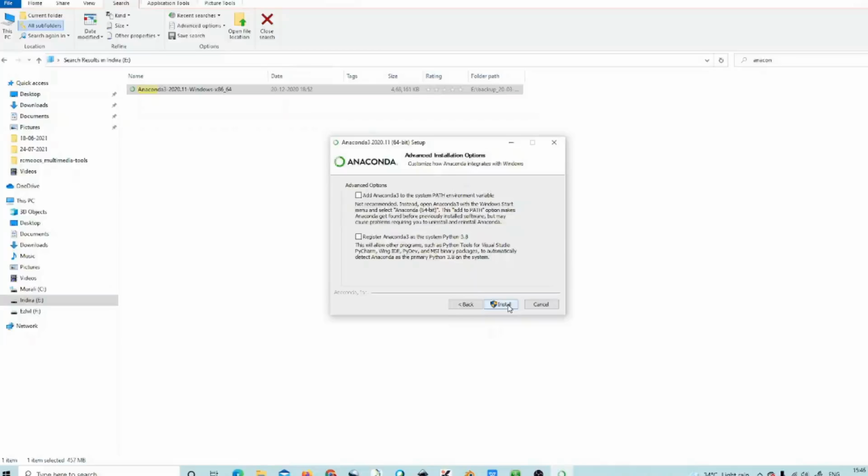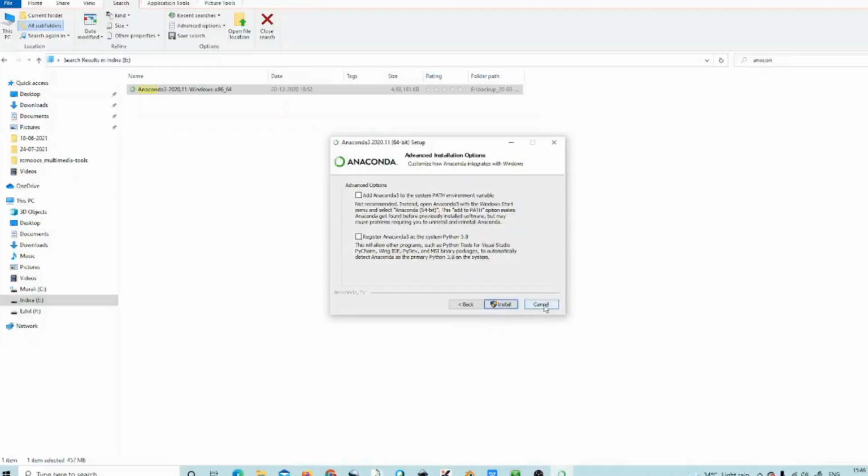When you click it, automatically it will install all the necessary files. Already I have installed it in my system, so I'm not going to install further. You can start clicking the install button, and the rest, it will take some time to install your Anaconda package, and then it will say that finally Anaconda is installed. This is a very simple procedure. You can easily do it within a few minutes.